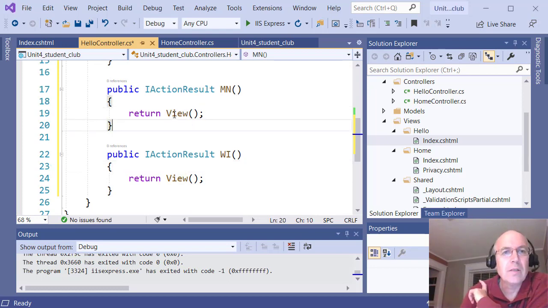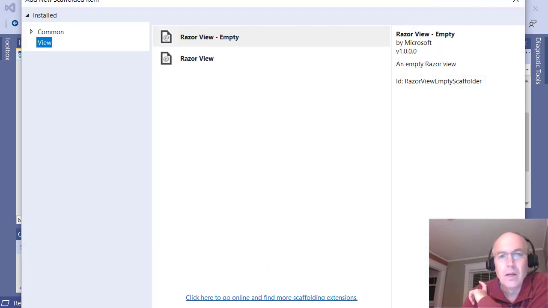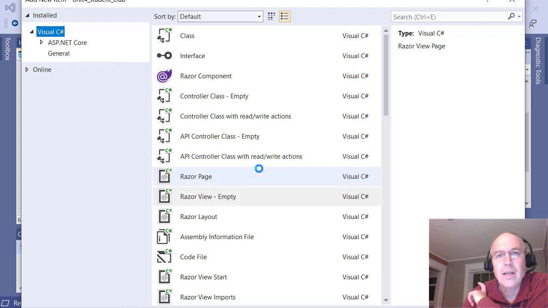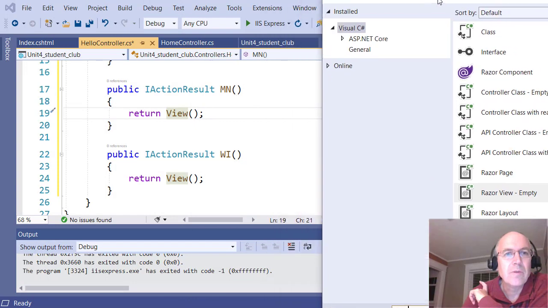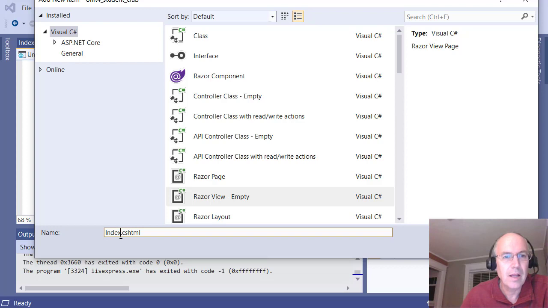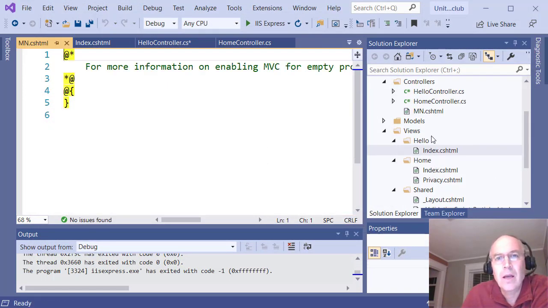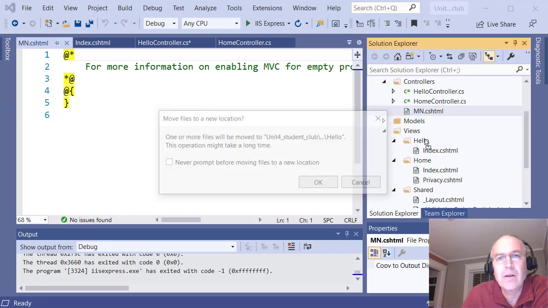So again, I'm going to just go inside the view and choose add view, do an empty view, and add it in. And they have to match. So again, this first one was Minnesota, just an MN view. So I'm going to call this page just MN here. Okay, and again, it added it up here. I'm going to move it back down here,